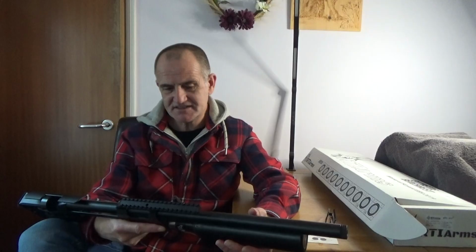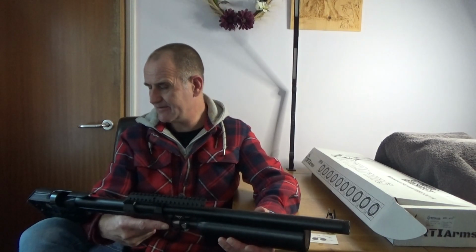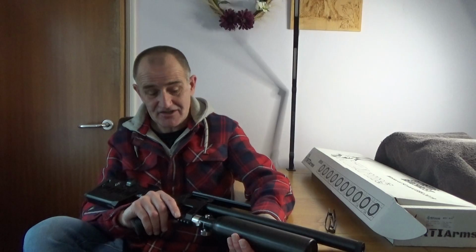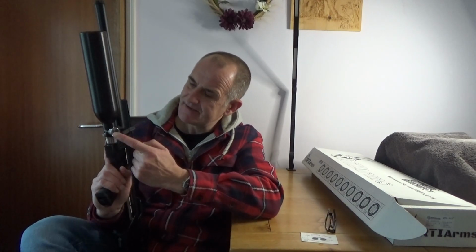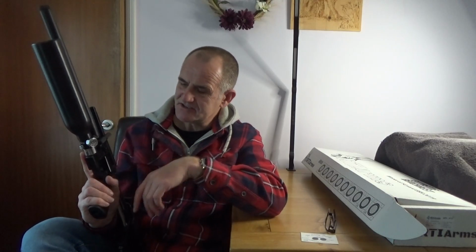This one's in .177. Forgive me, I can't remember how many rounds it holds in the magazine. I believe it is 18. I could be wrong, I haven't counted it yet, but I believe it's an 18 shot mag. What have we got here? Little pressure gauge there, side lever cocking, and yeah,